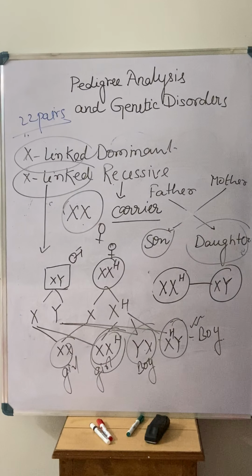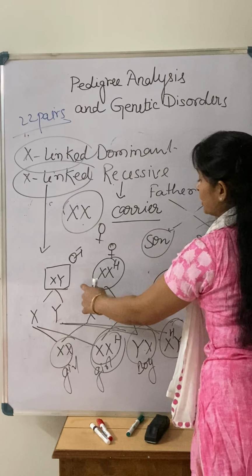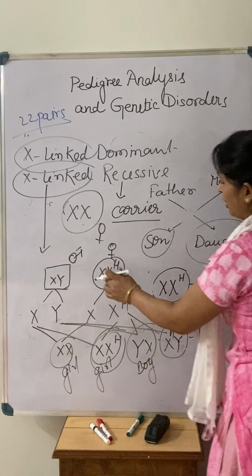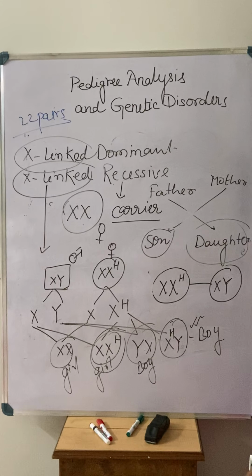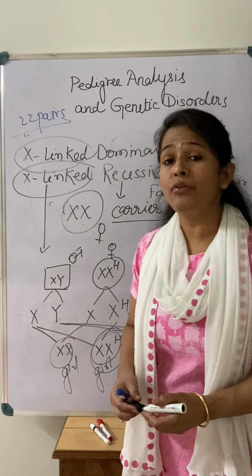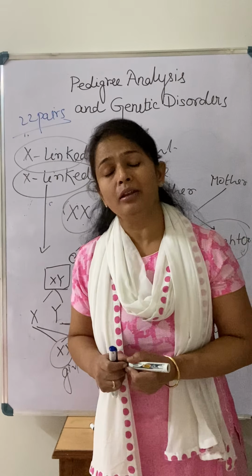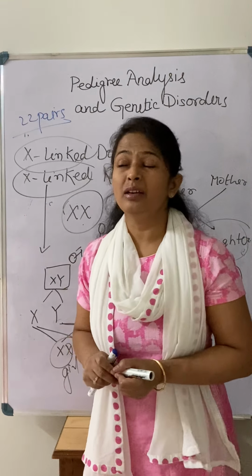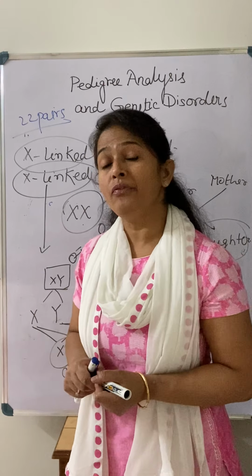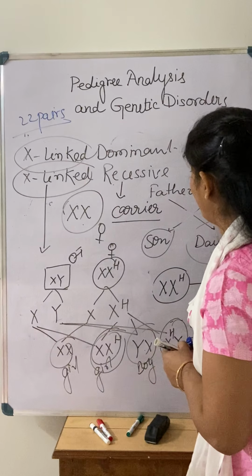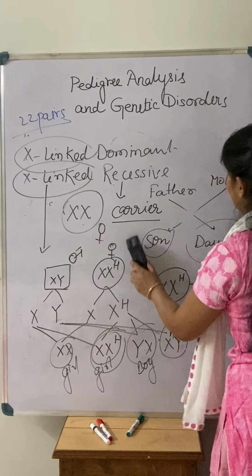So this is the way to study the pedigree analysis. Now you can say this is the crisscross inheritance, because the disease is passing from mother to the son. In the female, females are usually carriers of the disease hemophilia. There is a rare occurrence, you can say, for the hemophilic female. For a hemophilic female, there should be a combination something like this.